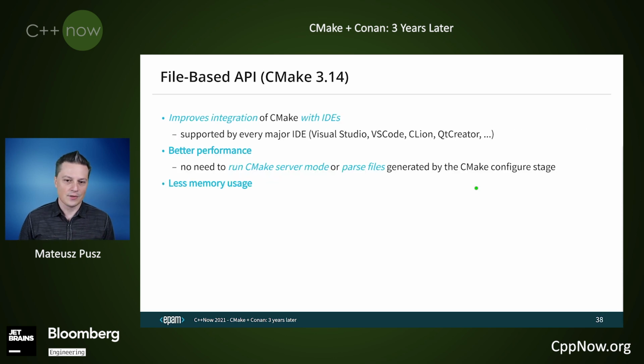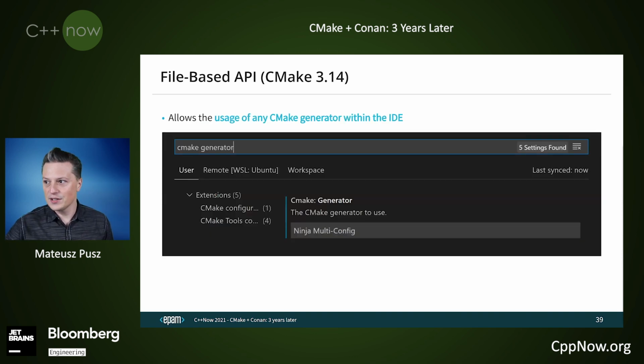Talking about IDEs. In CMake 3.14, we got the file-based API. It improved integration with IDEs. It's supported by every major IDE and provides better performance. We don't need to run CMake server mode anymore, and we don't have to parse files generated by CMake as other IDEs were doing. It also uses less memory thanks to this. But one of the most important things, I think, is that